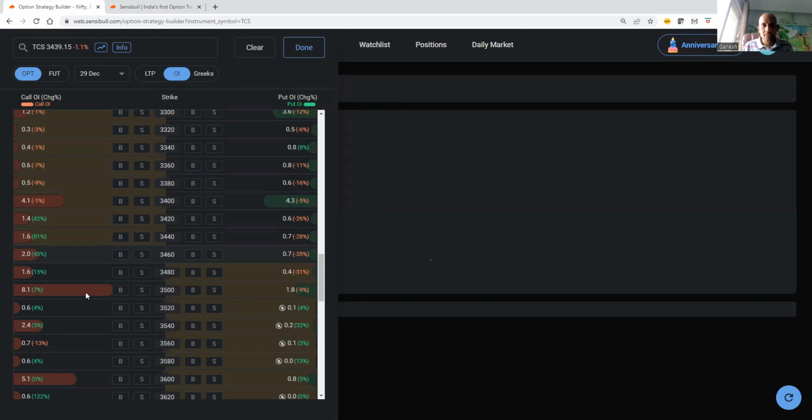If it misses, then I have another 600. But immediate resistance is 3,500, higher open interest. It is a red color, right? You can see the red color. When higher calls means red color, what does it mean? It's a resistance, right? And green color, what is